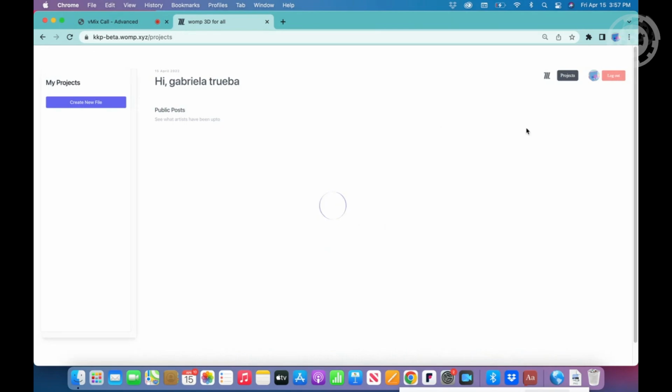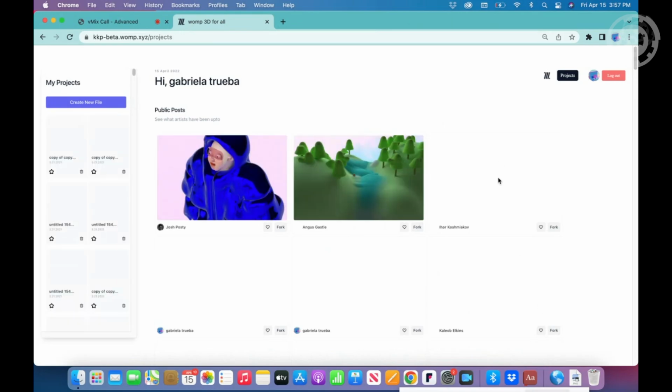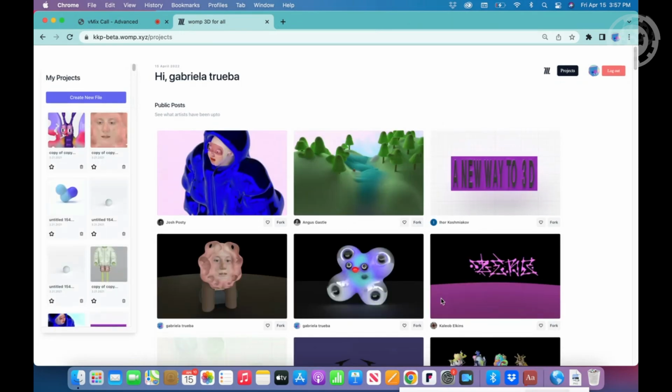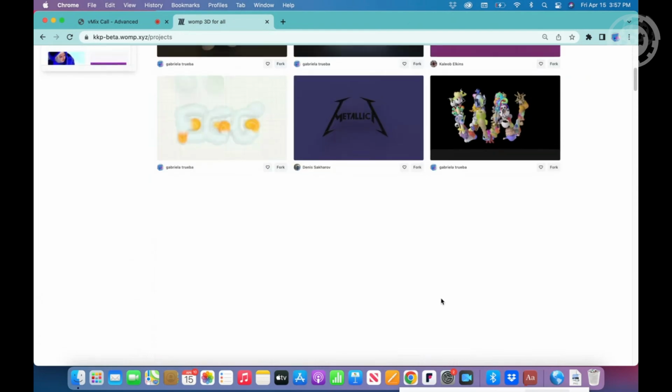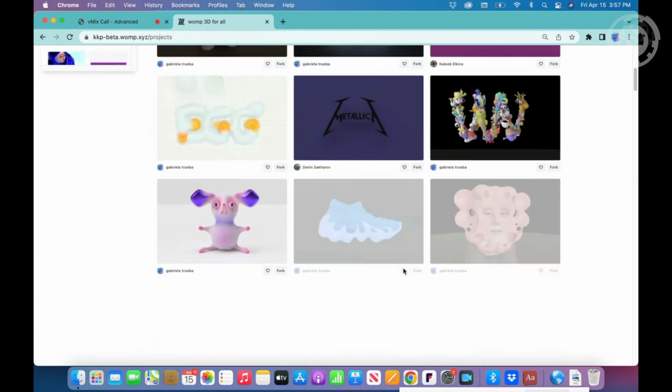But I would really love to see what folks in the demo scene, for example, would make with Womp, like buildings or landscapes or things that are more realistic than what we've built so far. But it's also because we are working on making our rendering more sophisticated than it is at the moment. And let me see. Yeah, it's showing my weird self-portrait.